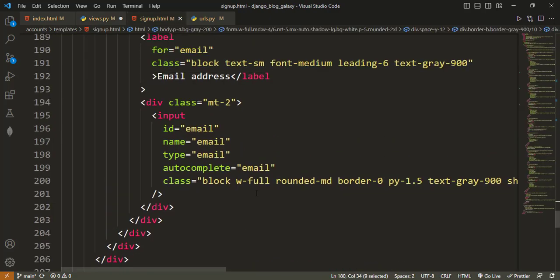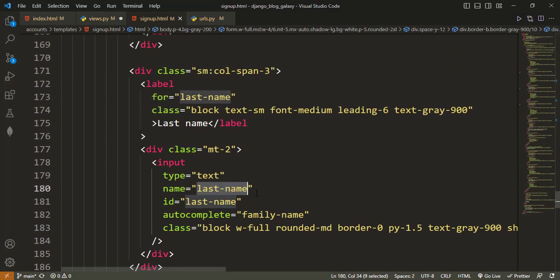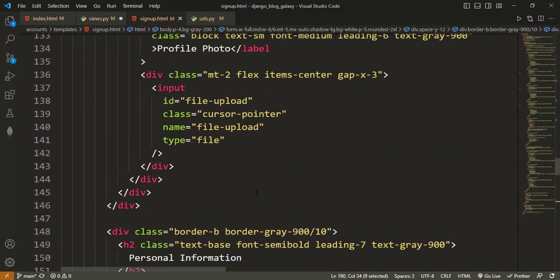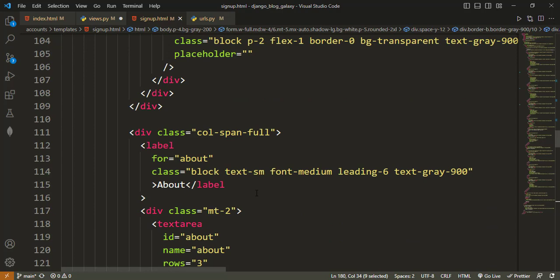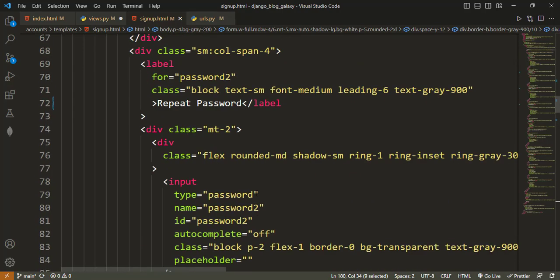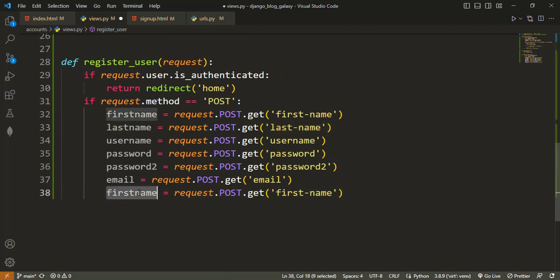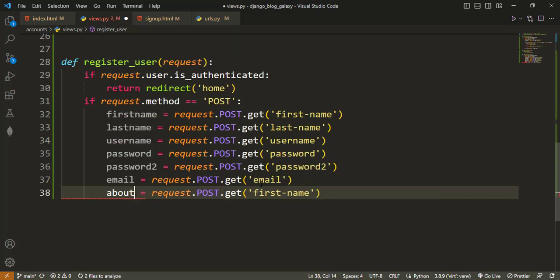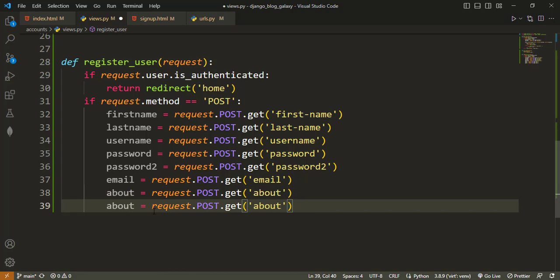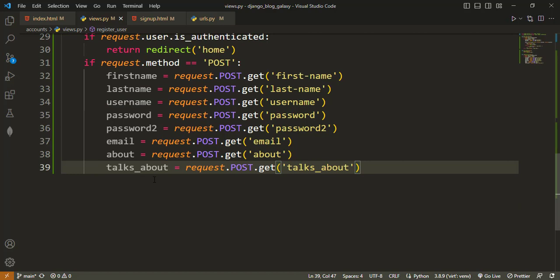Let's see. There's email here. About, we have not gotten the about. Talks about too is not there. So about, and then talks about. And then talks underscore about, talks underscore about. I think that's all. That should be all. Yes. And what we are left with is the